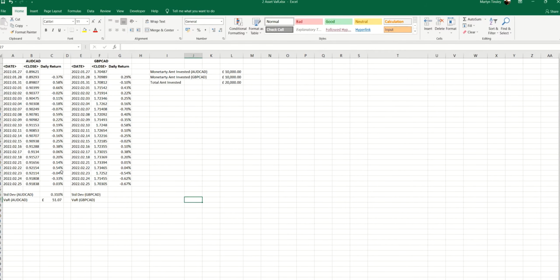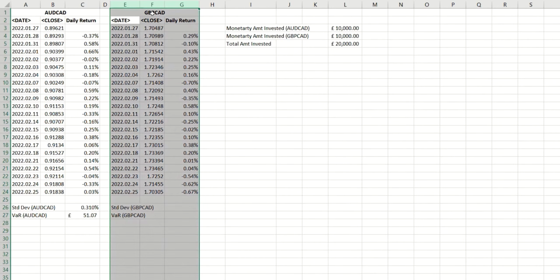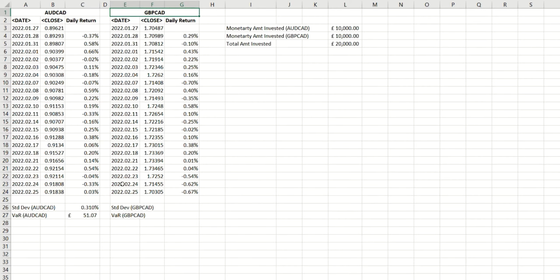So when we did this before for a single asset, we used Aussie CAD as shown here on the left. And I showed you how we could calculate the standard deviation and the value at risk in Excel. So because we're now looking at two positions, I've added another one here for pound CAD, taken the same number of daily values here, and if you remember, we don't want to calculate the standard deviation of the close prices, we want to calculate the standard deviation of the daily returns,